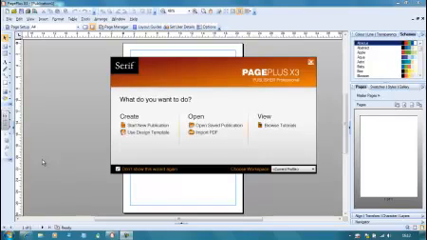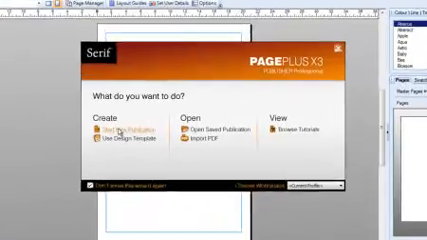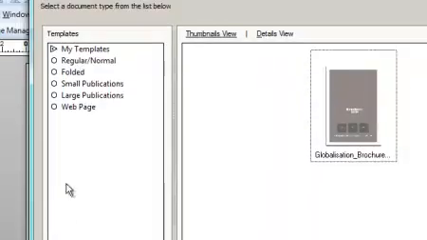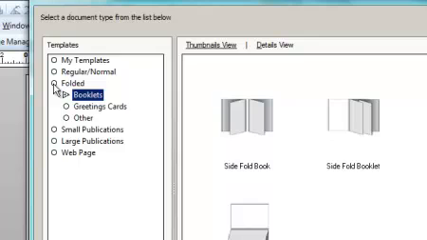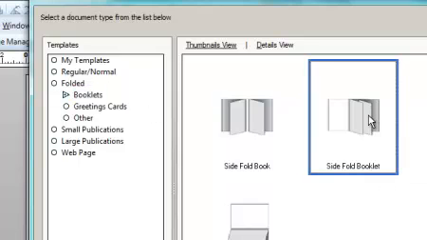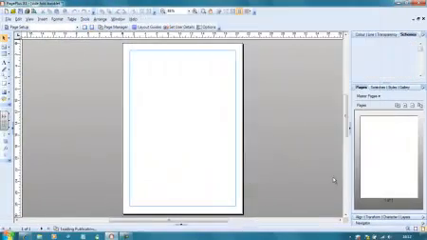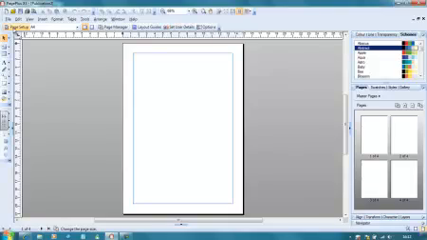Right, the first thing we have to do is set up the publication itself. It's an 8-page brochure. Start new publication, folded, sidefold booklet. You notice how one page is folded and put inside the other one. Say open. Now page setup,